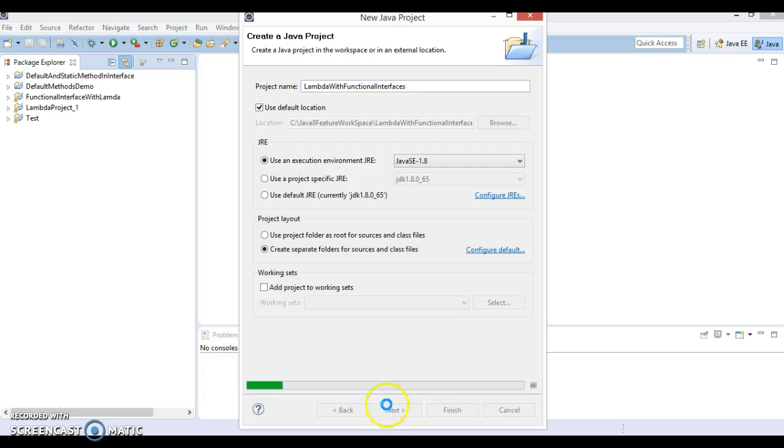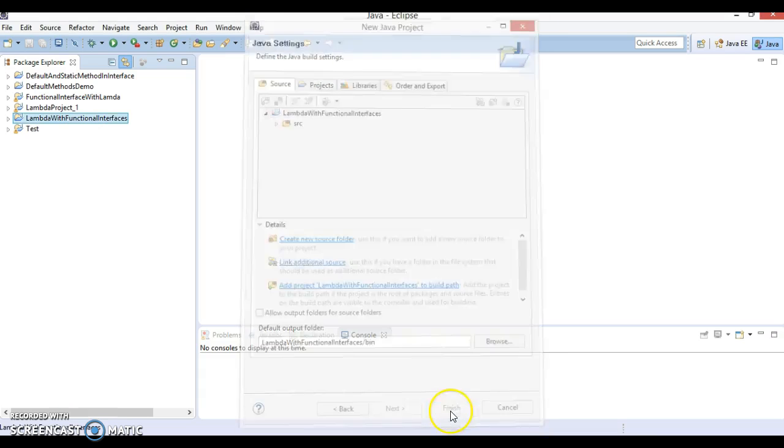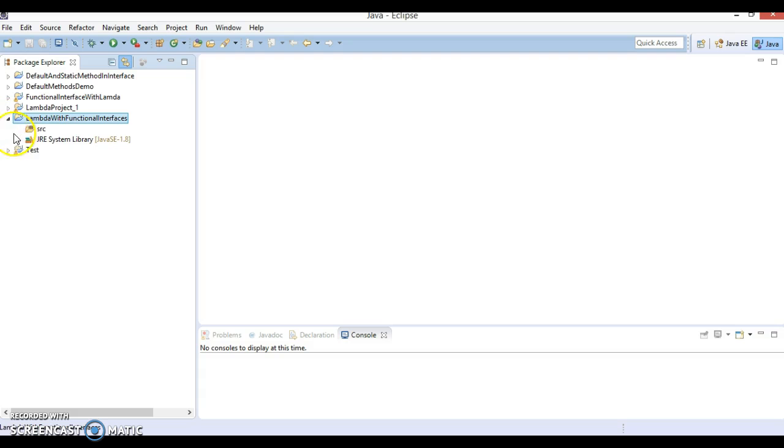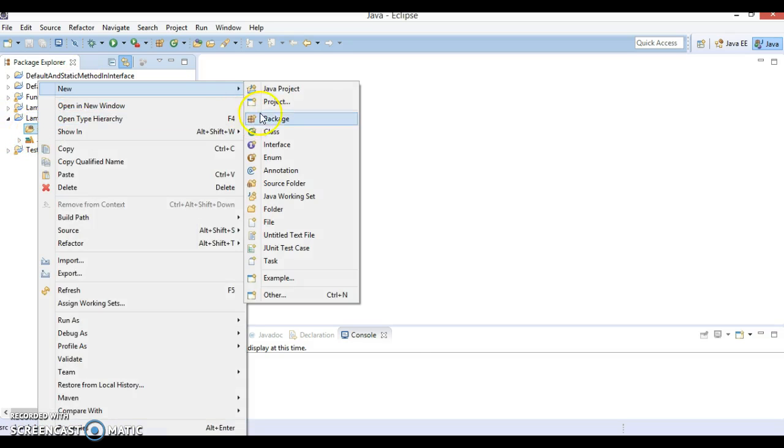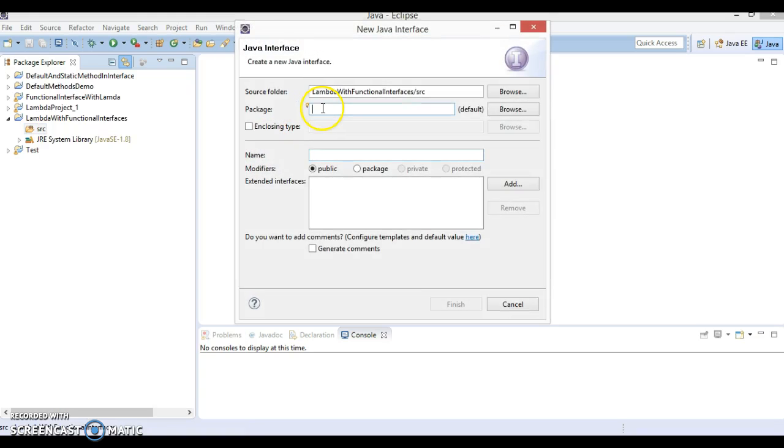Now click on next and click on finish. So this project is created in this workspace, and let's create an interface in package com.infotech, and the interface name I am going to provide is MyInterface1, something like this.